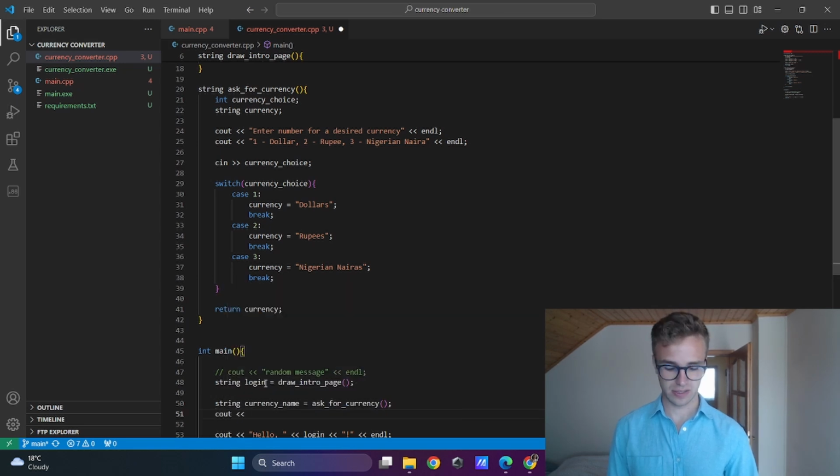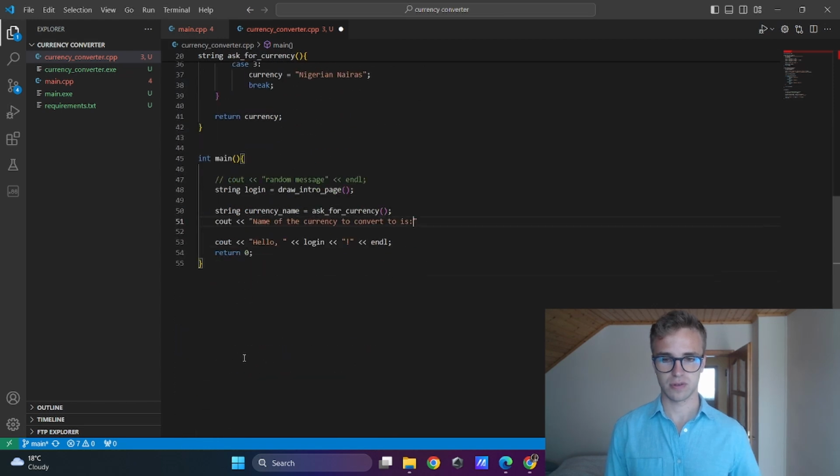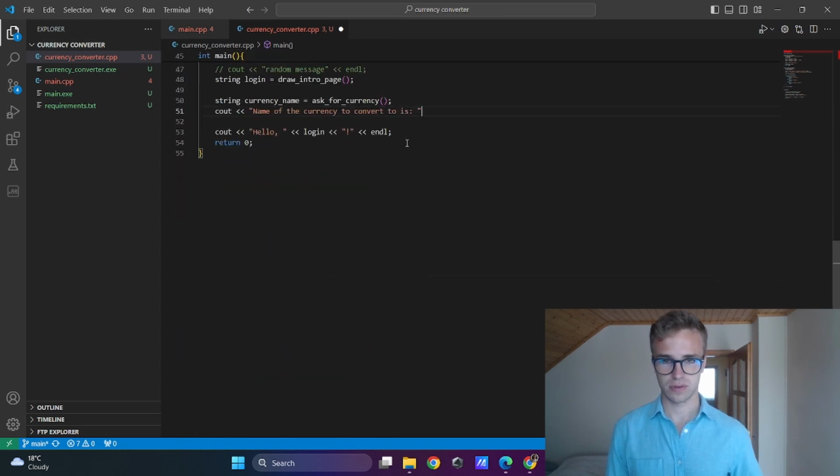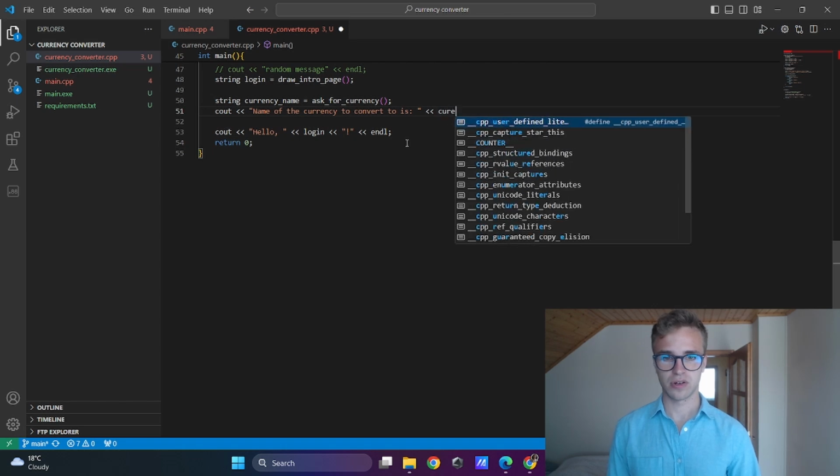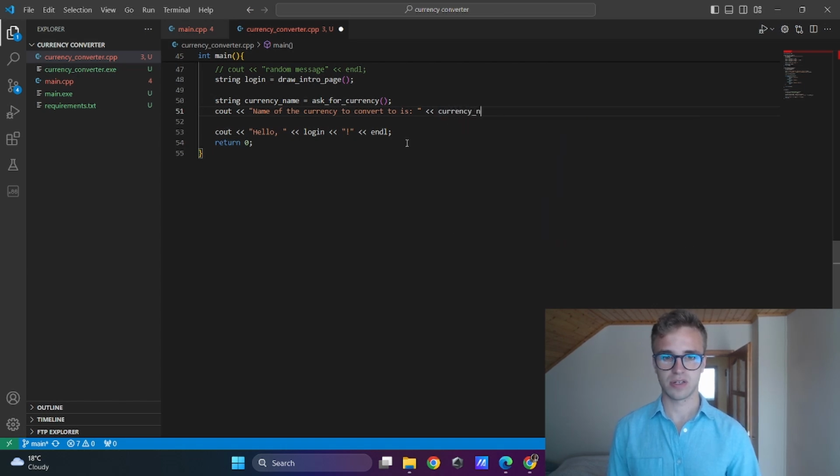Cout: name of the currency to convert to is, colon, and currency name, end of the line.